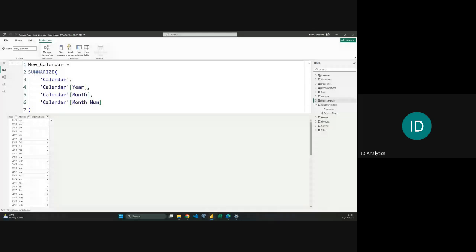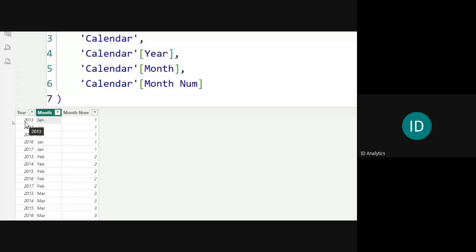I hit enter. This is expected to return the same set of columns, exactly how it is on the date table. But there is one more important thing that we need. We need to be able to define what is the last date in each month, in each year. It's only if you are able to define that, that we can tie our filter to it, which will assist us to narrow down the top point for our visual based on the selection from the